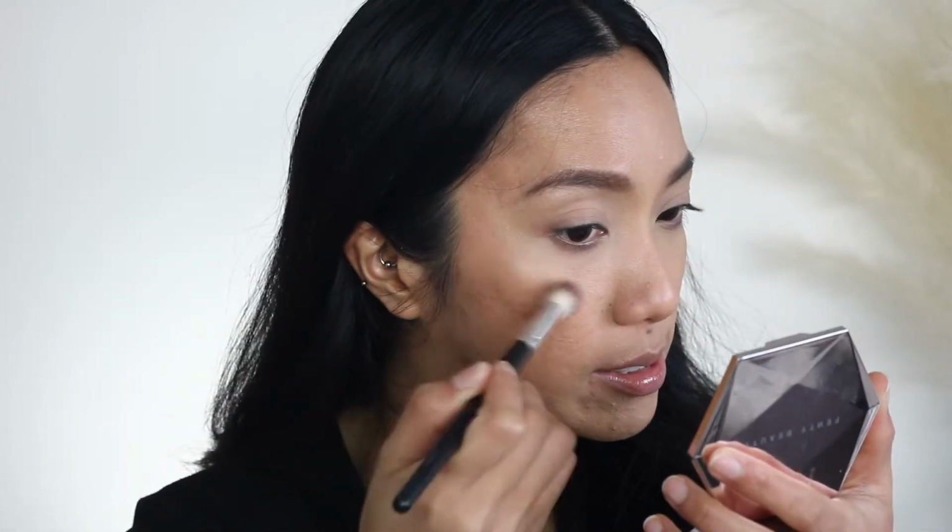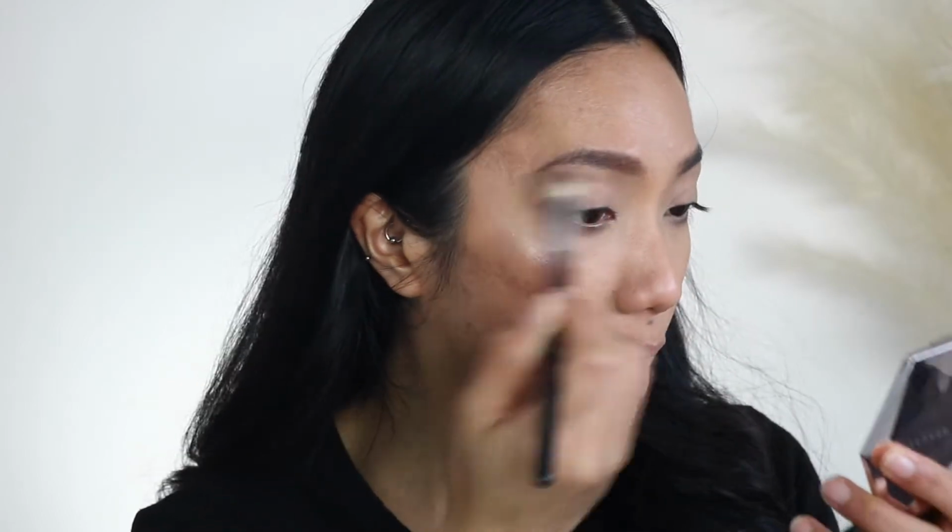I did try this highlighter a couple of days ago, and I actually quite like it. You just have to be mindful of how much you put, because it can get too intense and you have like a strip of highlight in one go. But if you really tap off the excess and blend it into the skin, it gives you the most wet looking highlight. The shade of this highlight shows up a lot better, because the metallic flare from e.l.f., I find